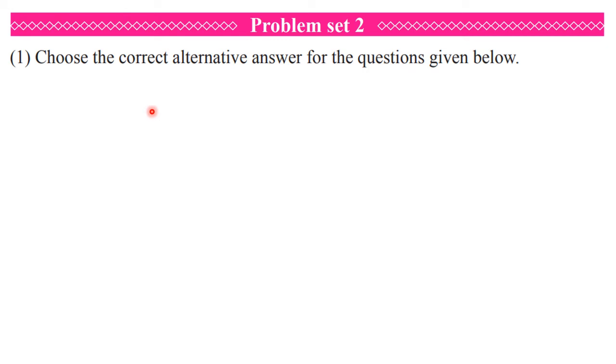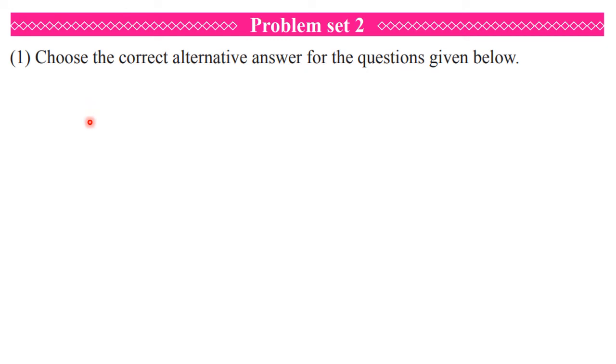In the board exam, while writing this, you have to write down the question number and in front of that you have to write down the correct alphabet. That means either A, B, C or D. You don't have to write down the answer. You don't have to write down the question also. Only you have to write down the alphabet of the correct alternative. So let us start.